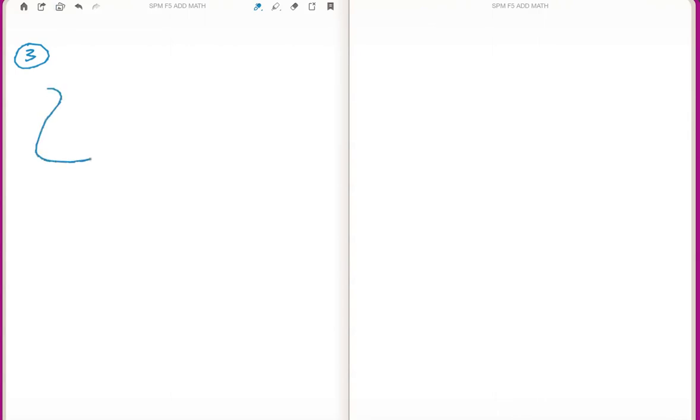Maybe you have a bag. In this bag, there are 3 red balls, 2 blue balls, and this is the sample size. You need to pick 3 balls